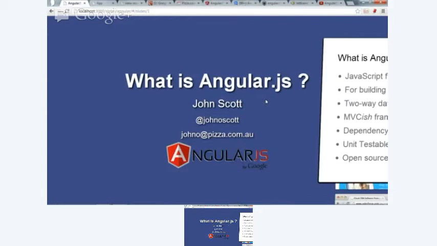If you've come along tonight and you've heard a bit about Angular but are wondering what the hell it is, I think we'll do this each month, just to give new attendees a quick overview. Daniel's talk is going to be more of a deep dive into particular use of Angular, so if you're using Angular and you want to get better at it, that's the sort of talk for you.